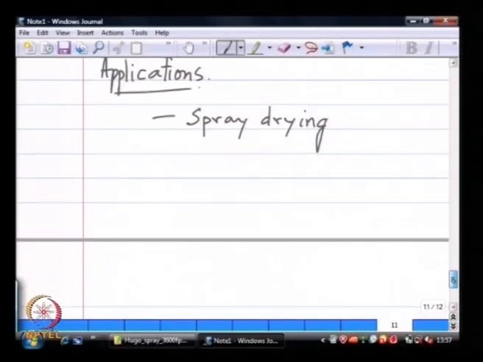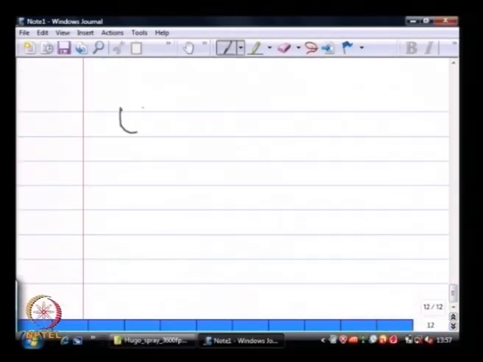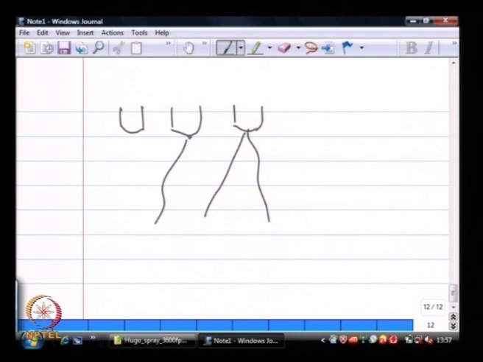A slurry is like a liquid with these particles, not in solution, only in suspension. And this slurry is sprayed, usually from a fairly large bank of nozzles. So, like I could have several nozzles that spray this slurry,